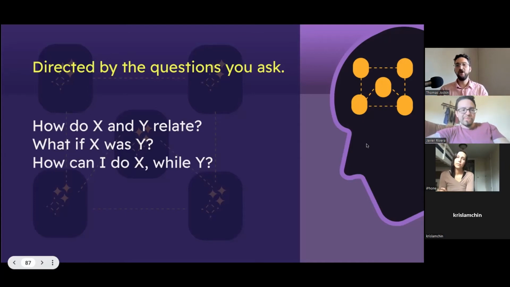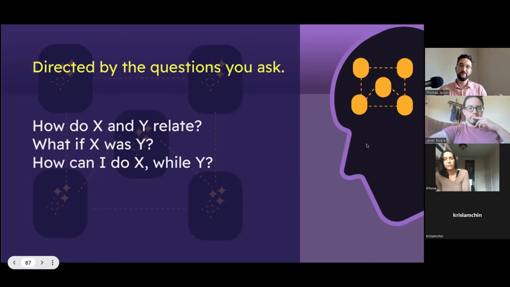It's like, what if capital is liquid, for example? How would that play out? What would be the consequences if that was the case? And then finally, how can I do X while Y means, how can I achieve some outcome with a constraint, with some reality, some affording constraint? How can I achieve some outcome? For example, how can we have meaningful relationships if we have online dating? I'm just giving you one example. Would that be the case?